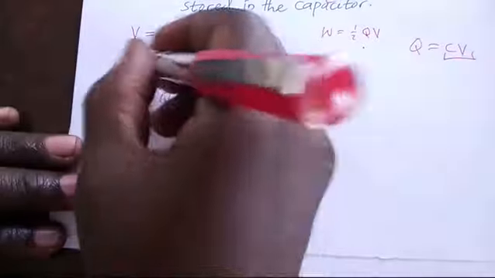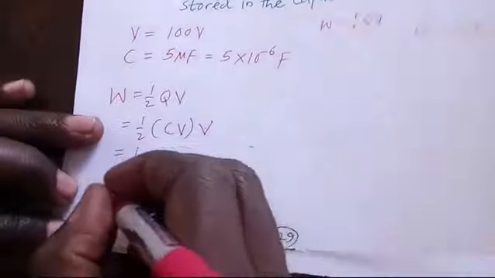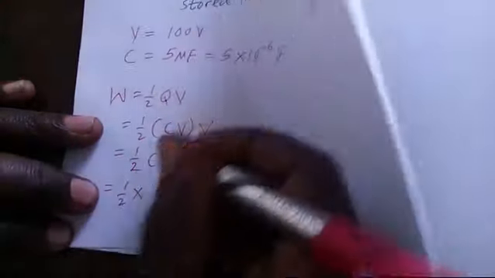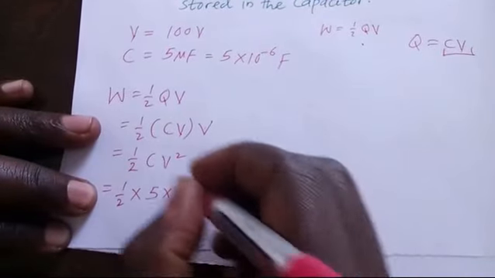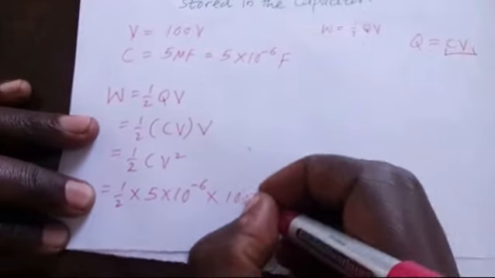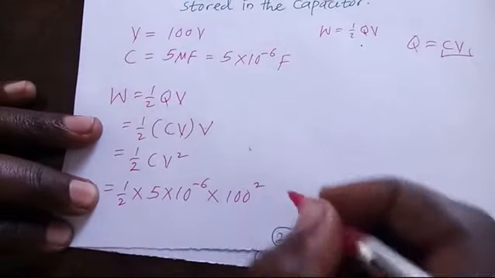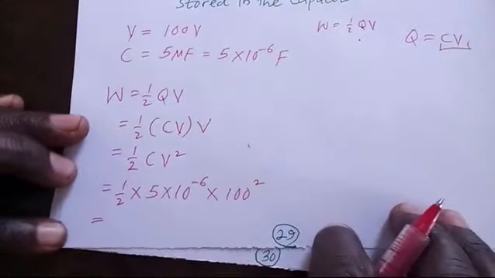So we know our C, we know our V. Now we substitute and say half times C. The C is 5 times 10 raised to the power of negative 6 times V, and the V is 100. The formula says square the V, we square the V. And this is equal to